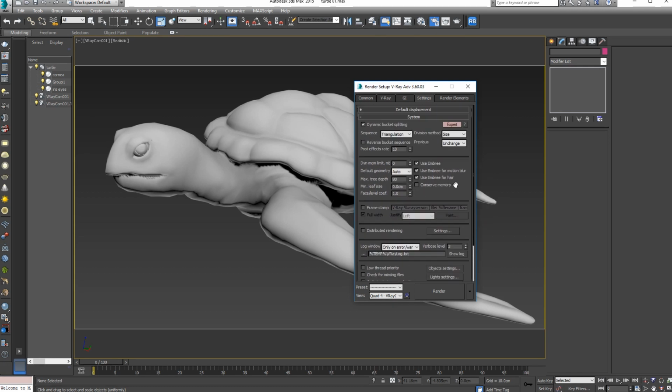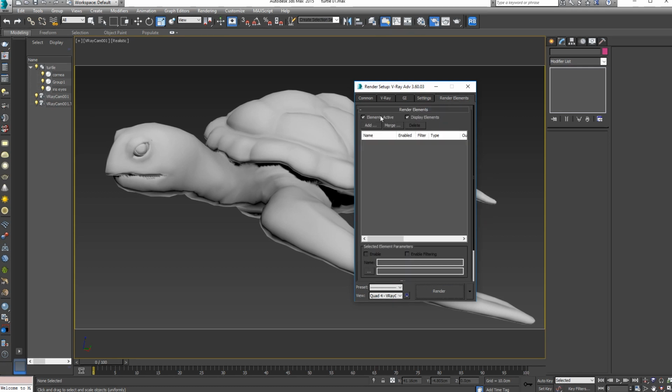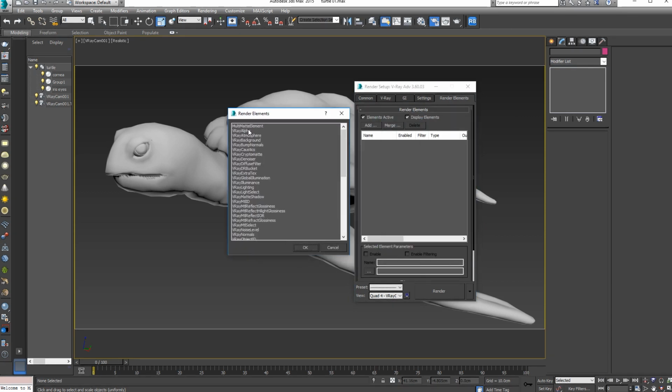And I think this is good. Let's add some channels. Let's go and add alpha, normal, diffuse, global, lightning, matte shadow. Not sure if gonna help, but doesn't matter. Let's select lightning raw,